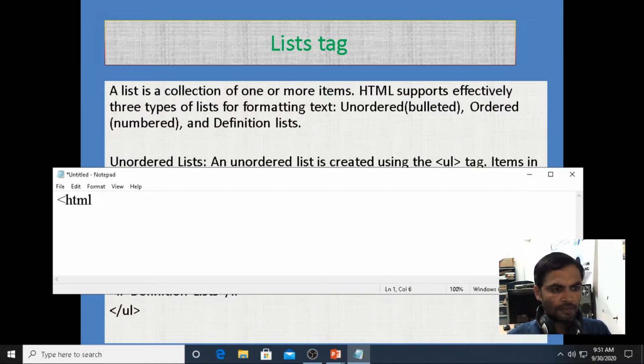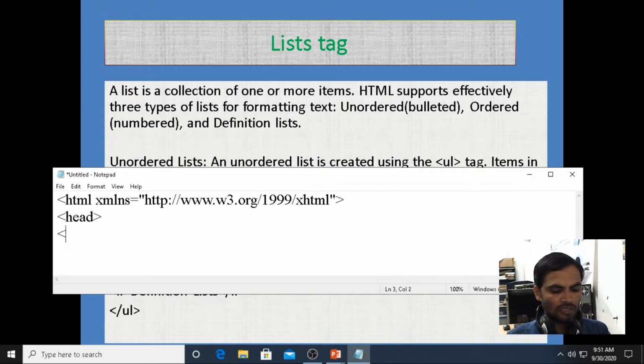HTML, then the XML namespace, HTTP namespace, www.w3c.org/1999/xhtml. Now we are writing the head.